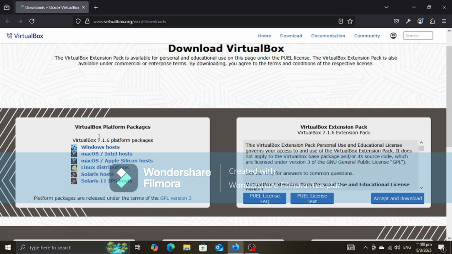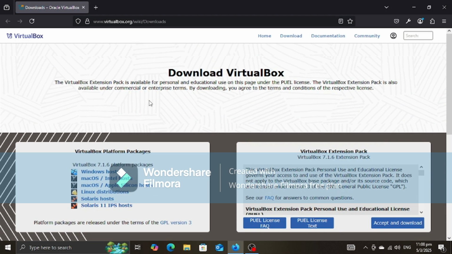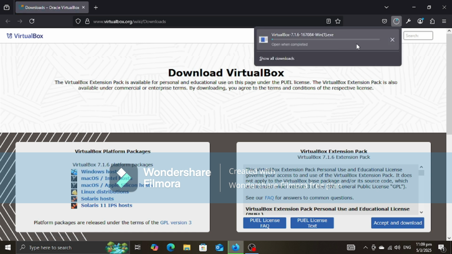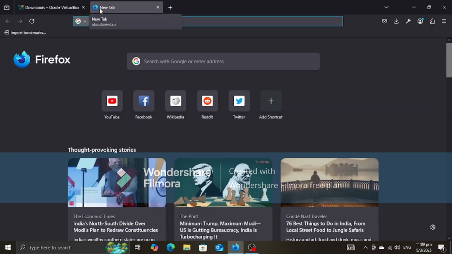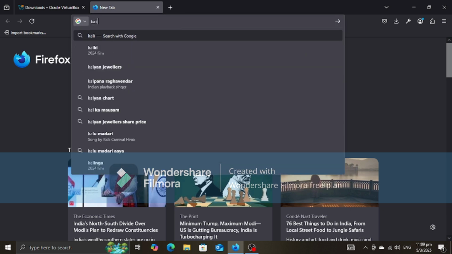After opening the first link you will see this type of interface. There is written a Windows host. As my mouse is hovering there, just simply click on it and VirtualBox will start to download. I'm going to cancel it because I have already installed it on my system. It's an easy thing to install VirtualBox, you need just two clicks and it's done. And again open a new tab and search for Kali Linux